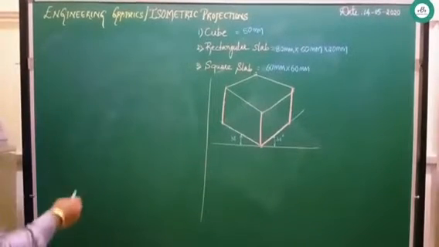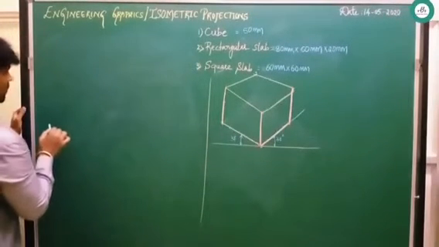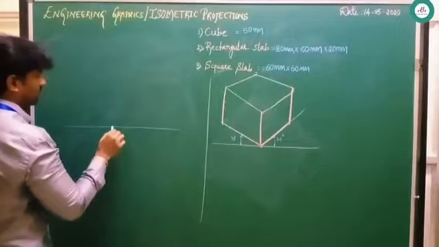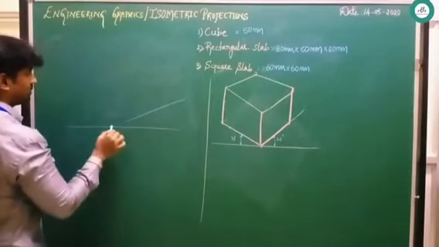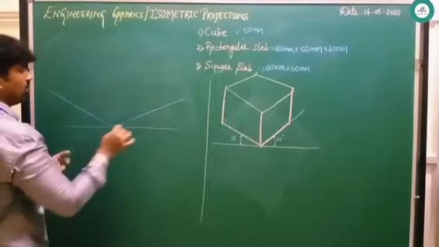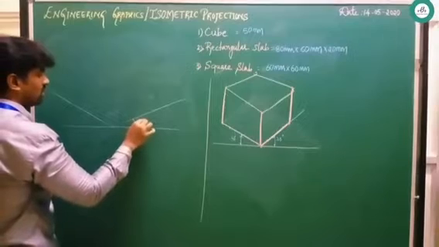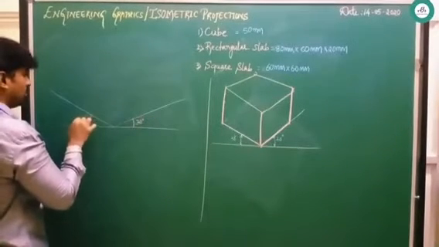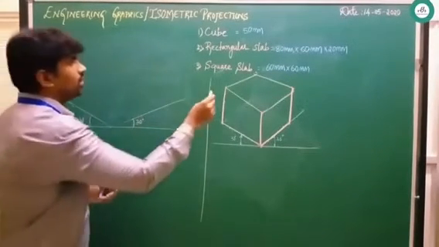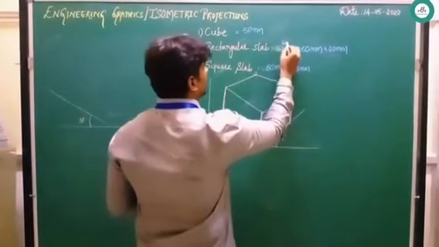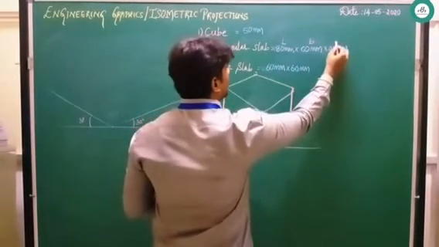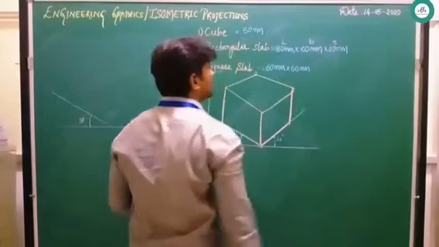Next, coming to the rectangular slab, you can always start from a horizontal line as usual, same as the previous. Draw these two lines. By default, it measures 30 degrees. You can show this one. Next, here 80 is the length. This is breadth and this is thickness, or else a width.